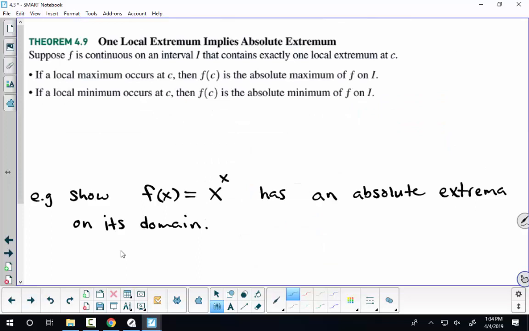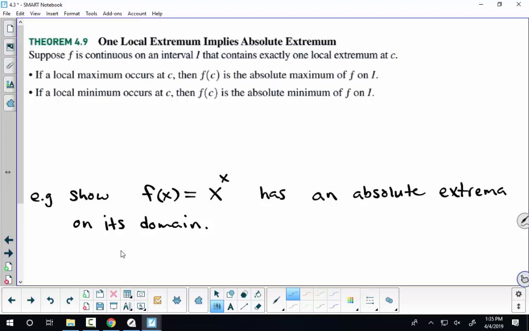Okay, the next theorem tells us that if you have one local extreme, either a minimum or a maximum, but not both, just one local extreme, then that's the absolute extreme. So if you've got one local minimum and only one local minimum, nothing else, then you know that's an absolute minimum. If you have one local maximum and no other maximums or mins, then you know that's also the absolute